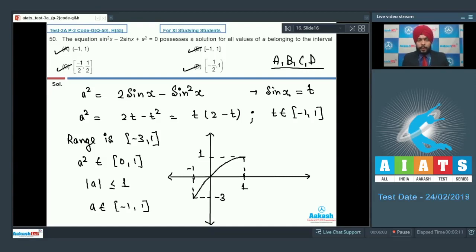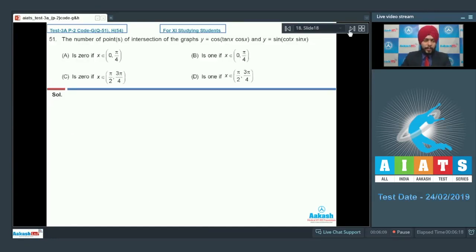Okay, let us move on to 51. Question number 51 says that the number of points of intersection of the graphs of y equal to cos of tan x cos x and y equals to sin of cot x sin x is. Students, let us say y1 is cos of tan x into cos x. So tan x is sin x upon cos x, so cos of sin x. And y2 is equal to sin of cot x into sin x, which is cos x upon sin x into sin x,